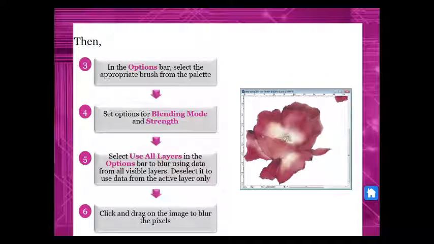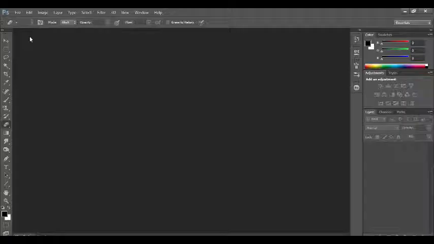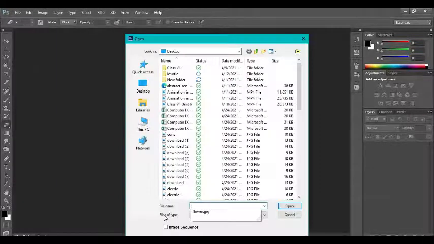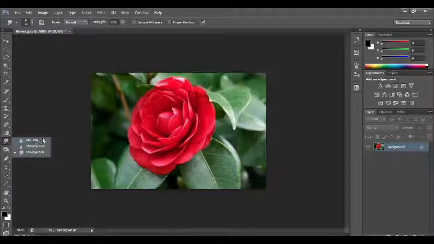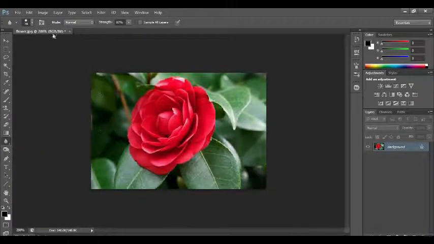Now let's practice. Now let us see how to use the blur tool. Now click the file menu in the Photoshop and open the image. Now click the blur tool in the tool panel. In the option bar you can do the following.